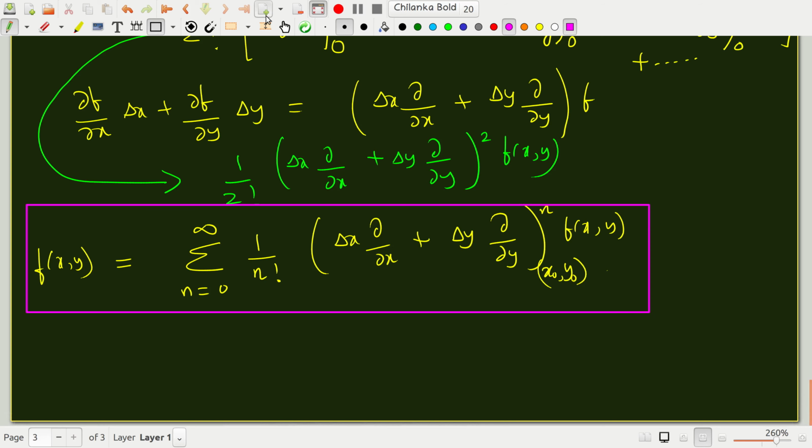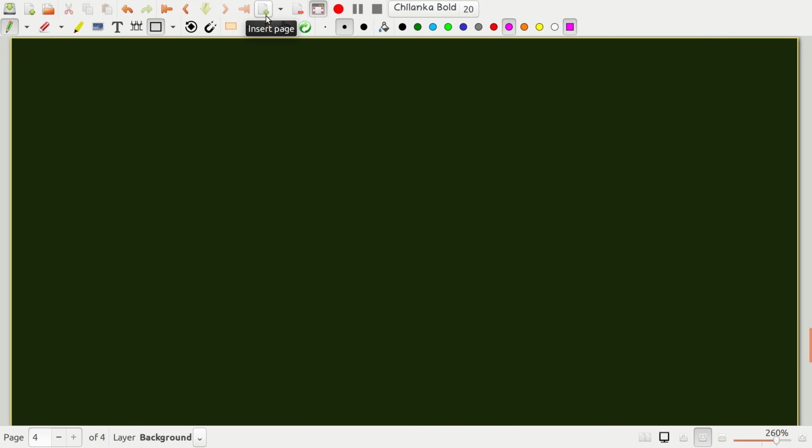Okay, now what is the one thing that you can put this formula to use for immediately? And that application comes in finding